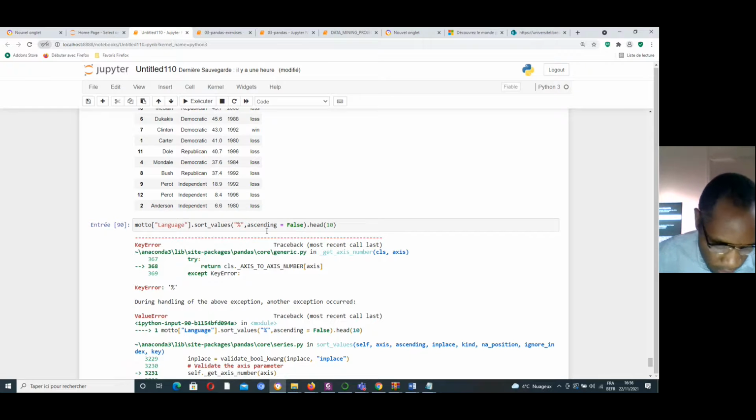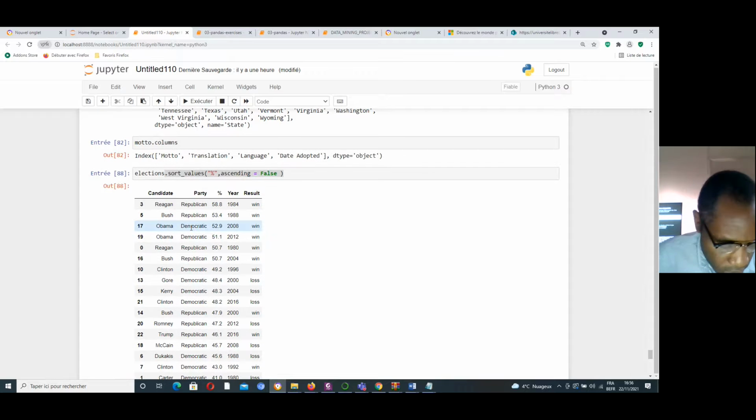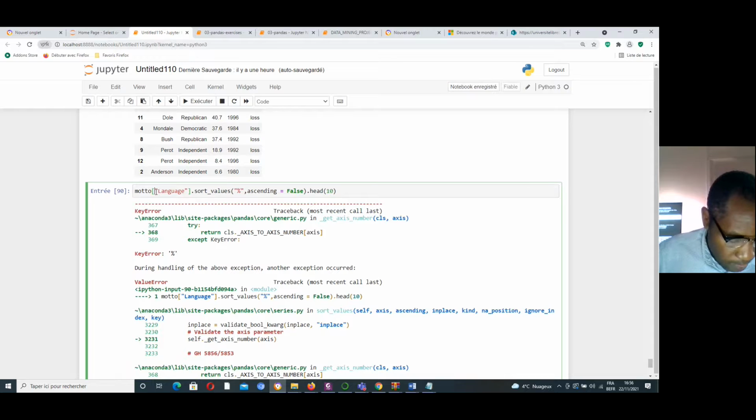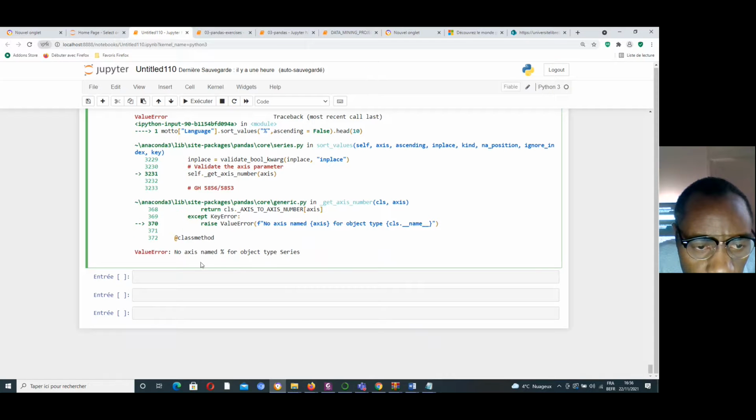Let's go step by step. Language, is it true? Value. What is the problem? No axis percentage for object.